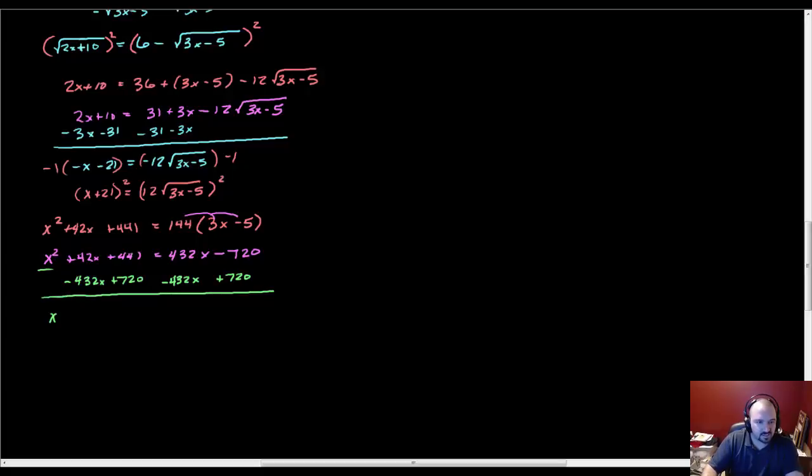And then I have x squared. If I subtract these two, I get minus 390x and then plus 1161 equals 0. It's gross. I'm not going to lie, it's gross. So if you struggle with this, it's a toughie. But what we can do to help ourselves out is, we've got to add these two things to get 390. So if I add 1 and 1161, which are two of the factors, I get 1162,